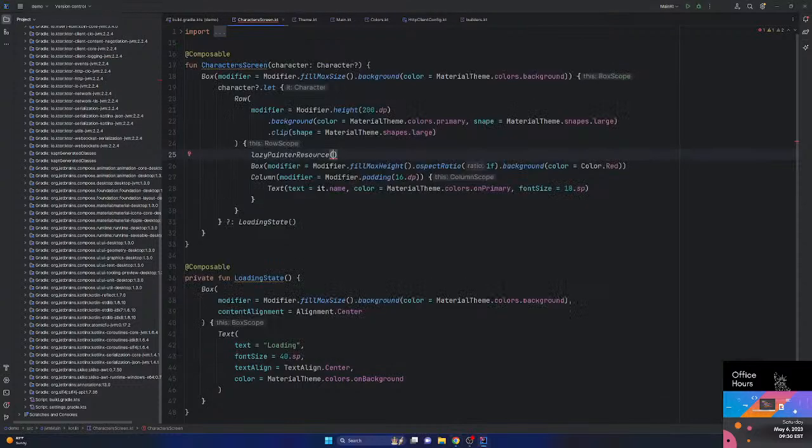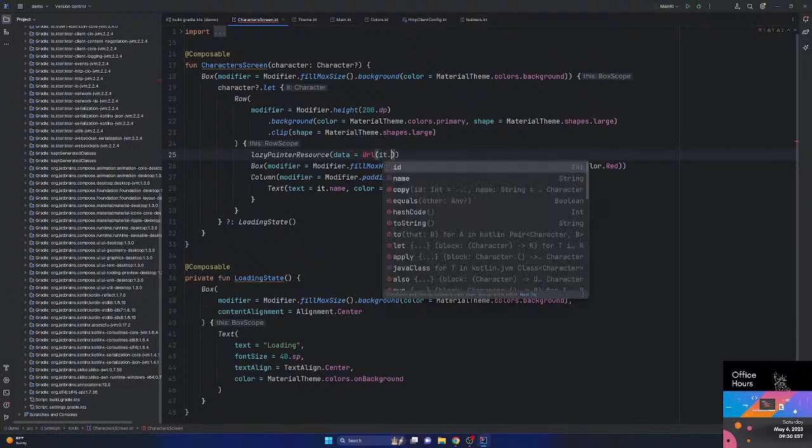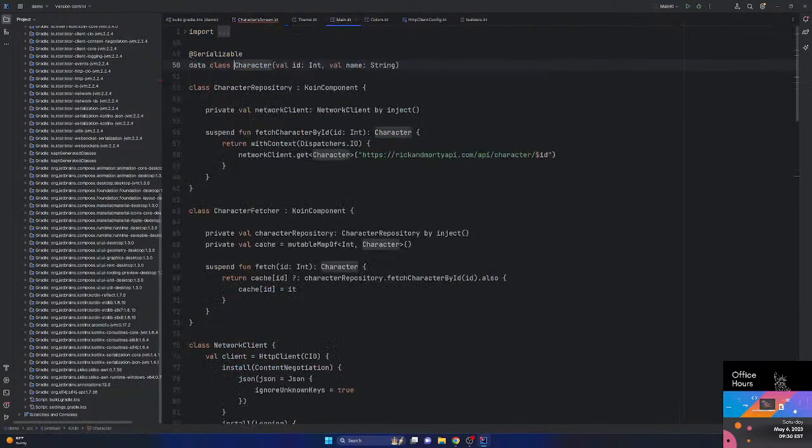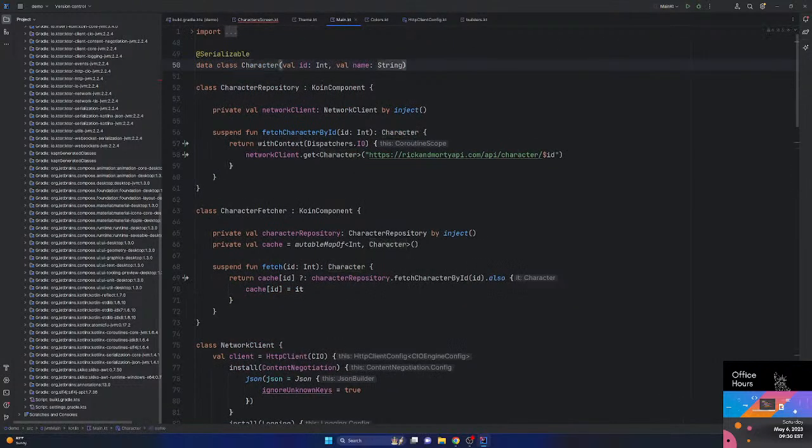So let's go with that one. Except we're going to use, obviously, it dot. We're gonna go with image URL. Add that one in. Okay, we need to now update our character class because we only have that ID and